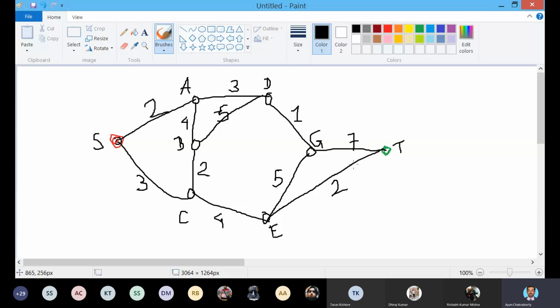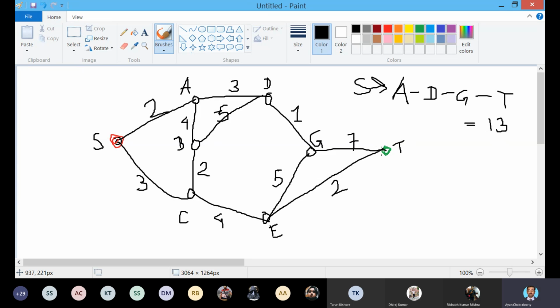In this example, we have selected S, then A, then D, then G, and then T. This is the path we have selected. What is the total cost of this path? 2 plus 3 is 5, plus 1 is 6, plus 7 is 13. Yes, 13 is the total cost of this path.